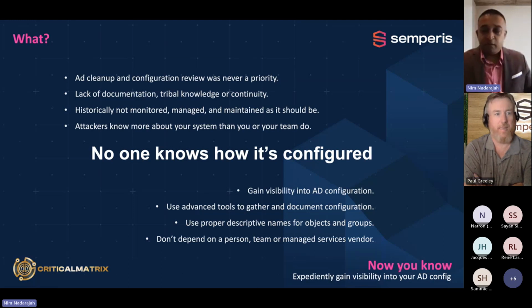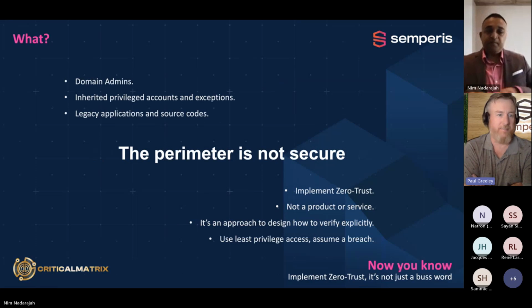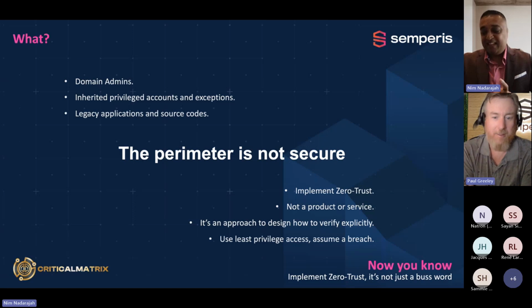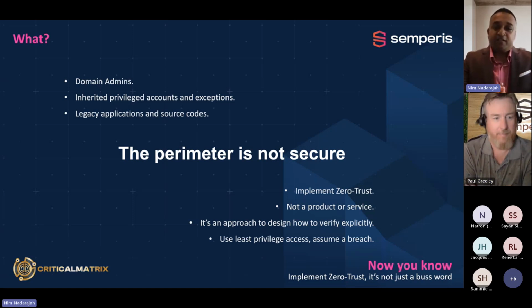And you're exactly right, Nim. I love that example. We're into the jack of all trades, master of none situation for AD. AD is generally another task of another role. So, do they know AD intimately and how to configure it securely? Most of the time, it's just a service that kind of does what it needs to do, and it's just kind of sitting there. It's resilient. AD is super resilient.